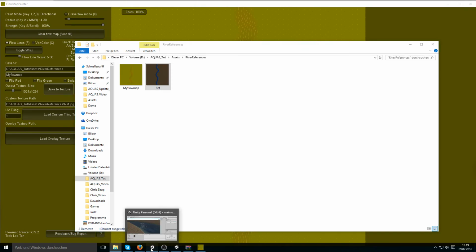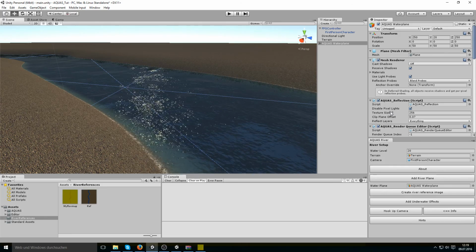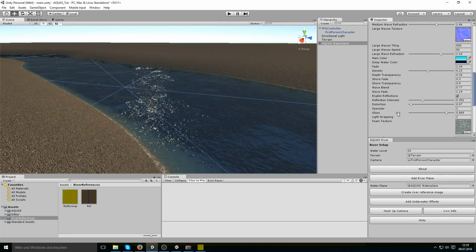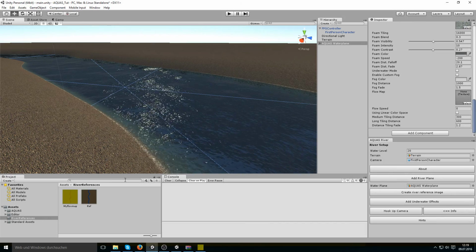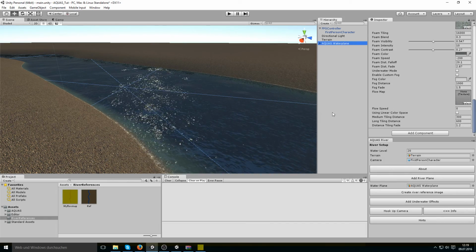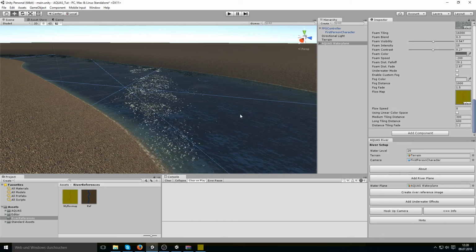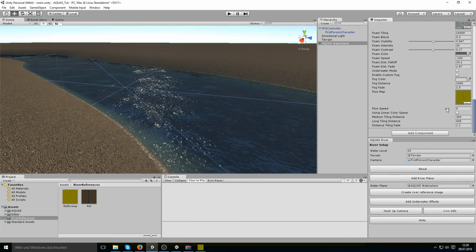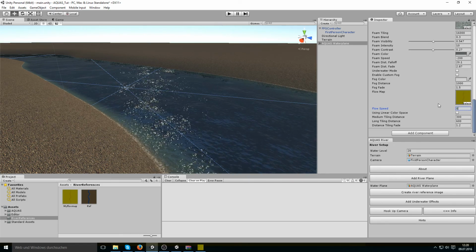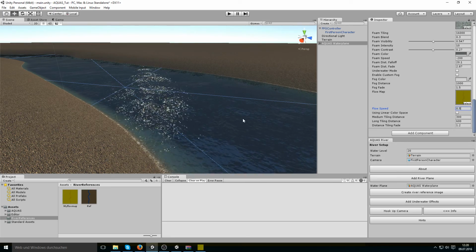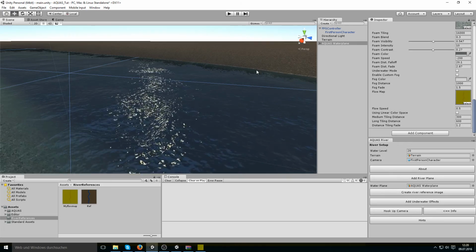Now we're going to go back to Unity, and we select our water plane and go down to the material settings, and here we have the flow map parameter that is empty. We're simply going to drag and drop the flow map that we just painted in there, and the water is still not flowing. To make it flow, we need to increase the flow speed. I'm going to set it to something like 0.5, and now it's flowing, but we see that we have visible